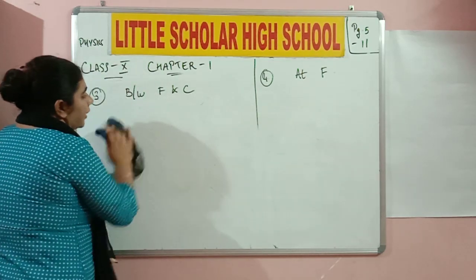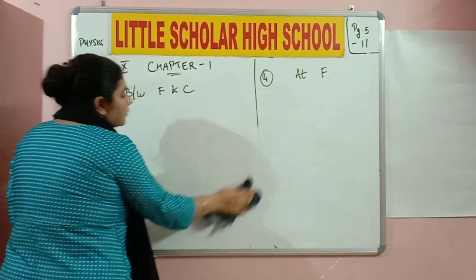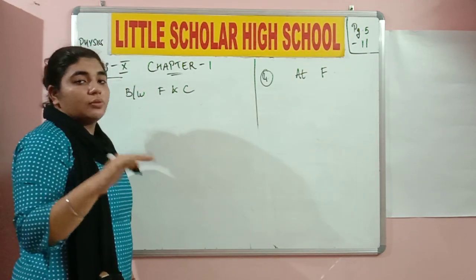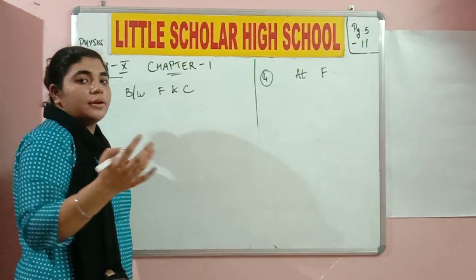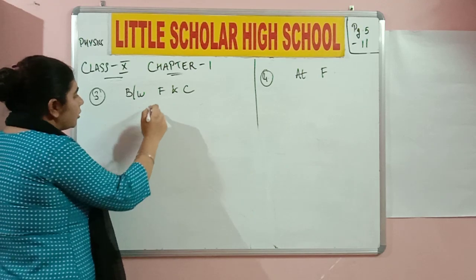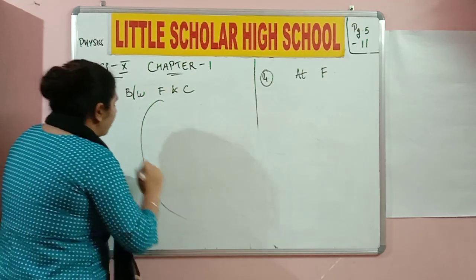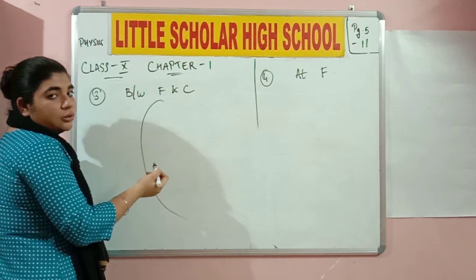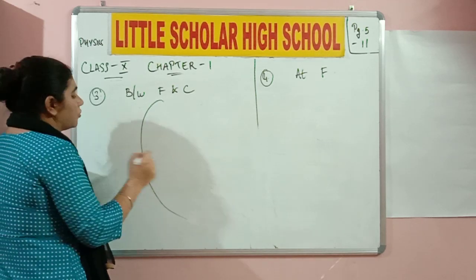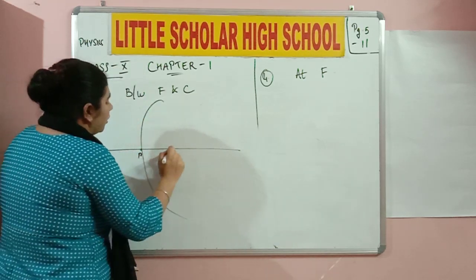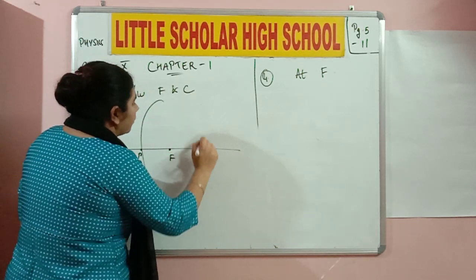Basically, as per ray diagram rules or optic rules, you can consider any two of those 4 rules. But I've taught you only 3 rules. The 4th rule is definitely not taken into consideration because it is very complicated and it is beyond the scope of the textbook. So I'll draw this particular position with the help of just the first 2 rules. So this is the concave mirror and this is my pole. This is the focus and this is the center of curvature.